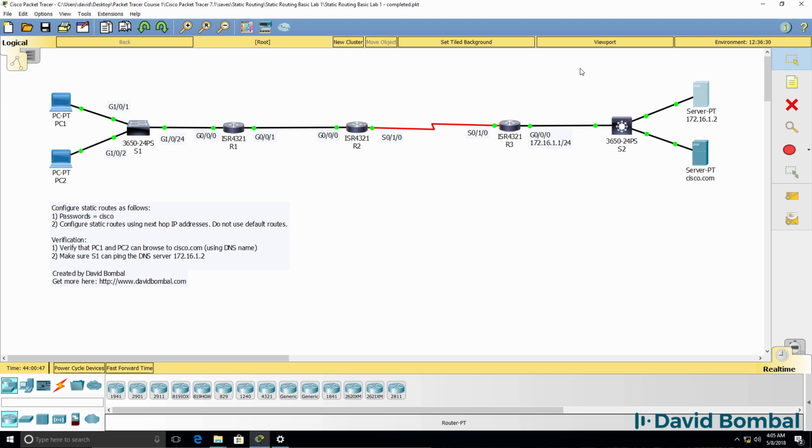This lab is not testing your knowledge of NAT or network address translation. You are simply configuring static routes to enable connectivity between devices in this network. So make sure that your PCs can access cisco.com using a web browser, and in addition, make sure that switch 1 on the left can ping the DNS server